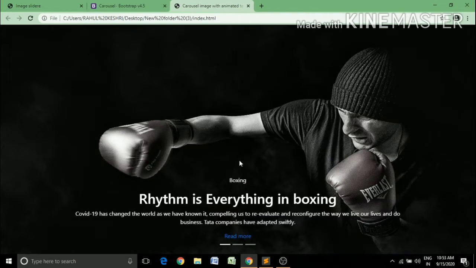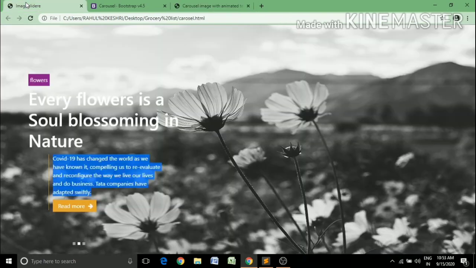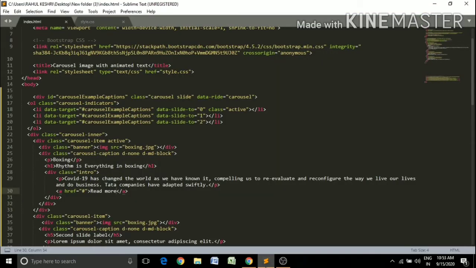So guys, you see that we use these captions. And in this anchor tag there is a font awesome icon. To add this icon, we will have to use the font awesome CDN link.